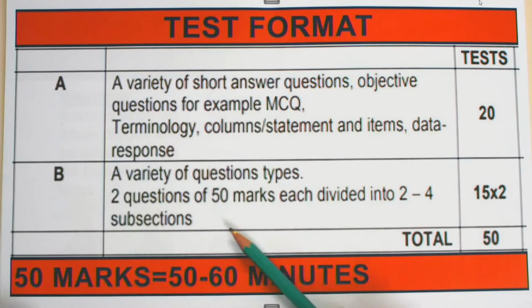Now, section B, there will be 2 questions, and they will be in total 50 marks. With the short questions of 20. So section B, we will have 15 and 15, and here's different options. Obviously there's going to be an investigation, a question where you will have an experiment where you have to explain to us, you know, what is the hypothesis or what is the investigative question, the dependent variable, the independent variable,